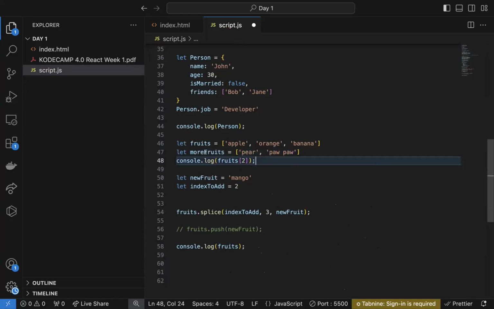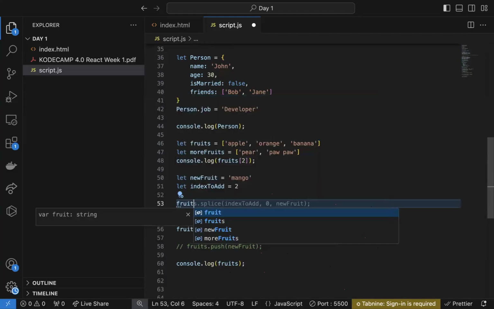Okay, so I want to add this now to this array, right? What we'll do is we use a spread. We'll do a push, but we'll spread this so that we can add it, right? So we'll say